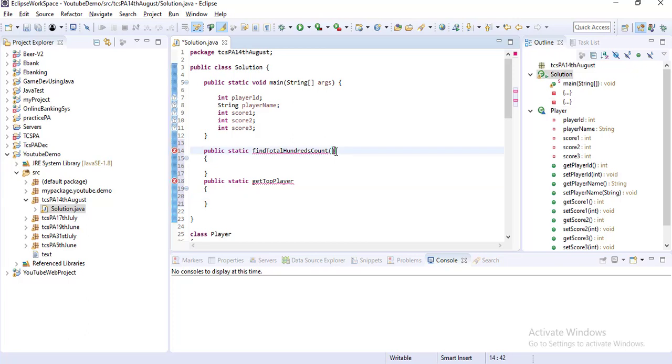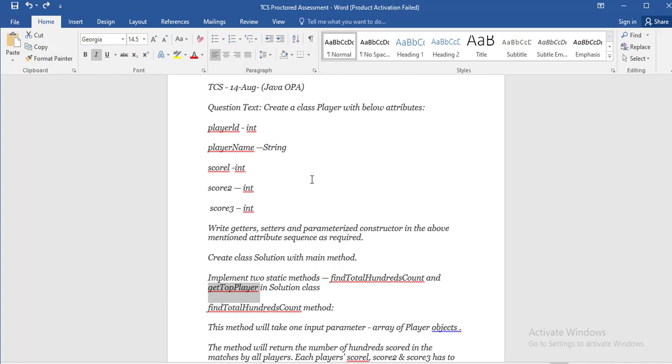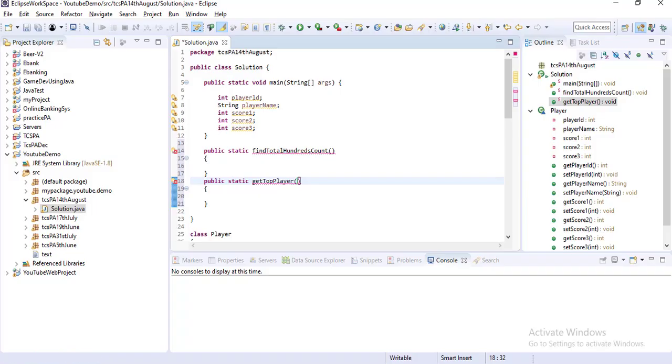Inside this bracket you have to mention the parameter. Here you can see this method will take an input parameter, an array of Player objects, so you have to create that here.